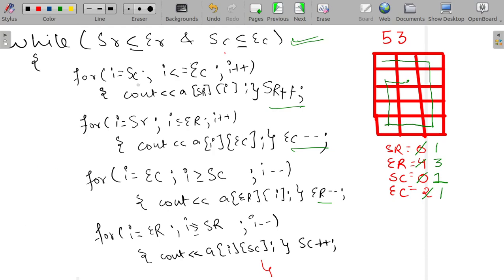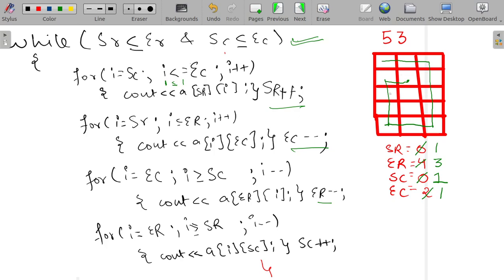The value of start column is 1, and it should be less than or equal to end column. End column is 1. Yeah, so 1 is equal to 1, as it is a less than or equal to condition. So this loop will work, and the values will be printed from start column to end column, keeping the start row constant.